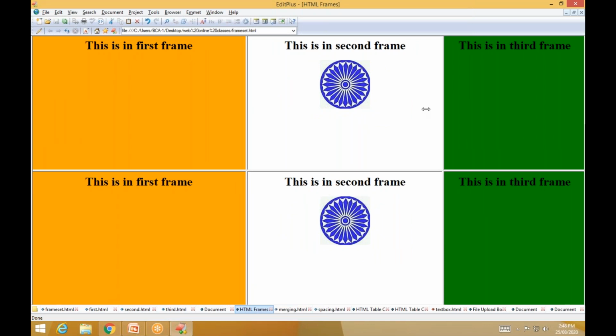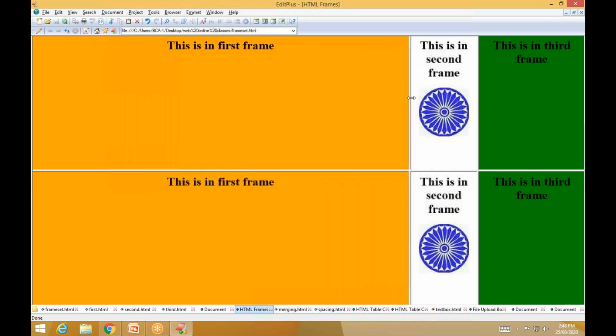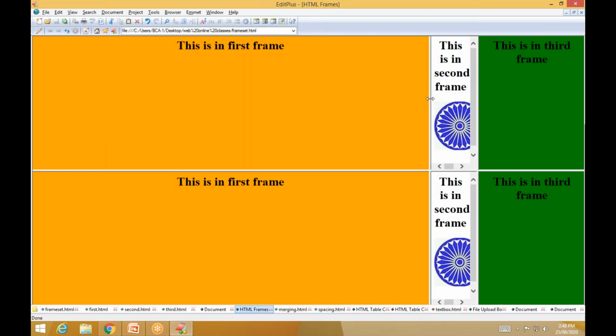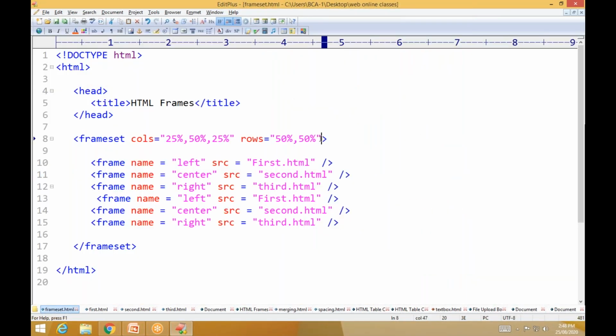There is one advantage, also a disadvantage. You can resize your frame like this. See, when you resize your frame smaller, it creates some scroll buttons like this. So if you don't want that, you can add one additional attribute here. What is that? noresize. noresize equal to double quote, again you write noresize. Save. Okay, execute this one.